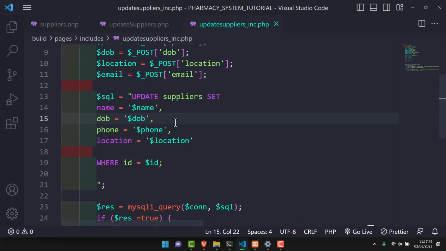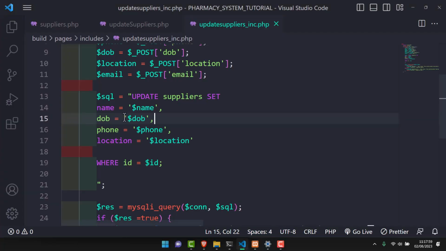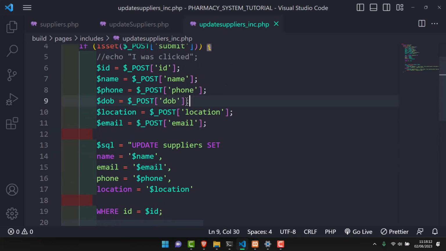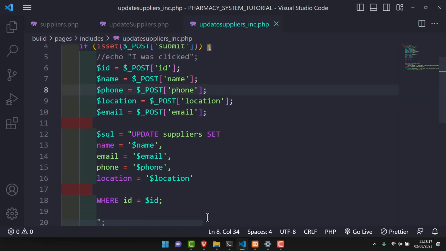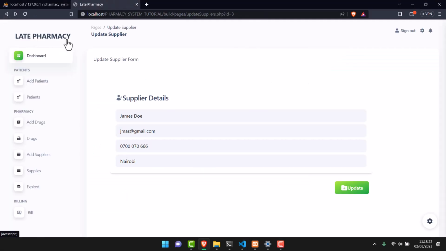So this one we are having, let's see the columns again: name, location, email, phone. Name, location. Oh yeah, let's change this to email. And because we don't have the date of birth for the supplier, let's just get rid of it. Okay, so let me refresh that again,